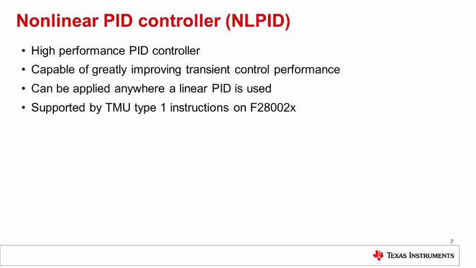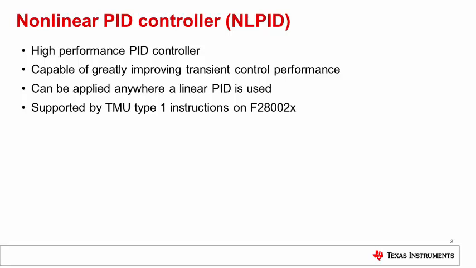As we've seen in previous videos, the DCL contains a wide range of linear controllers and compensators, the structure and tuning of which is well established. Also present in the DCL is a nonlinear PID controller, which can provide superior control performance compared with its linear counterpart. The nonlinear PID, or NLPID for short, shapes the input to each of the three controller parts according to a nonlinear law. The law can be configured in linear mode, so the nonlinear PID can be applied anywhere a